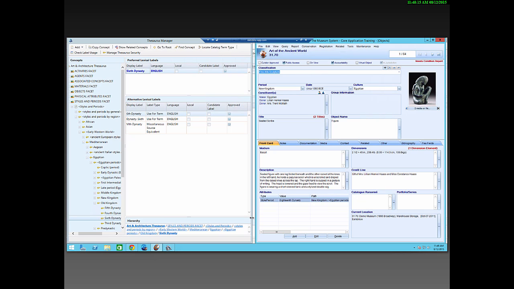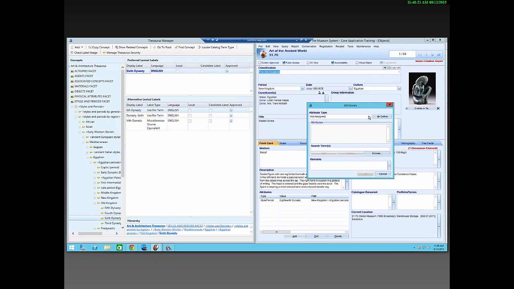This time, rather than doing my search in the thesaurus, I'm going to use my add button here. So I will click add, and I'm going to search on materials here as my attribute type. And I'm just going to type basalt into my search terms. When I click add,